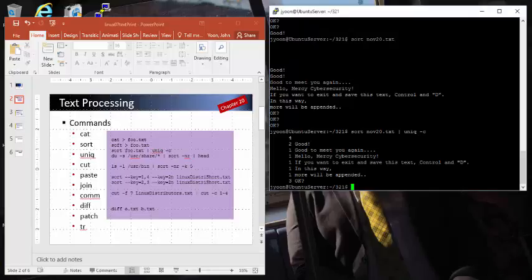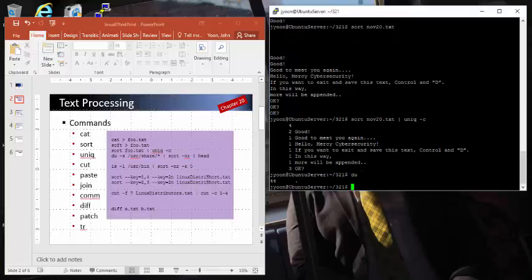Another command, which is not really directly related to text processing here but is very useful, is du, which gives you disk usages of files. So if you do du minus s,